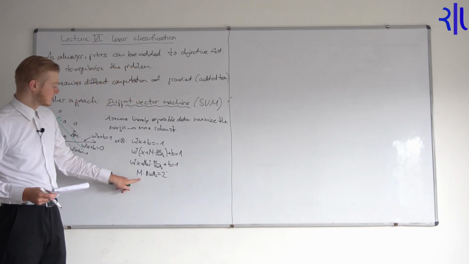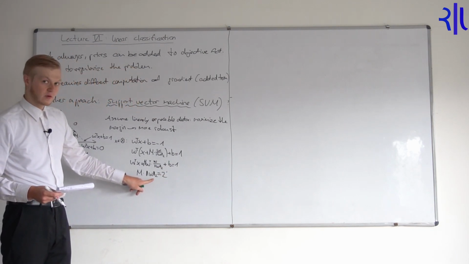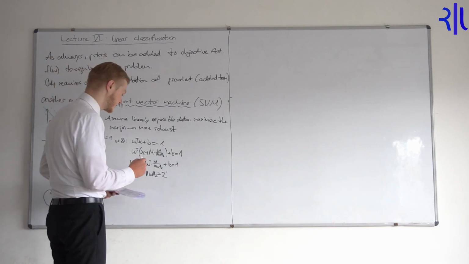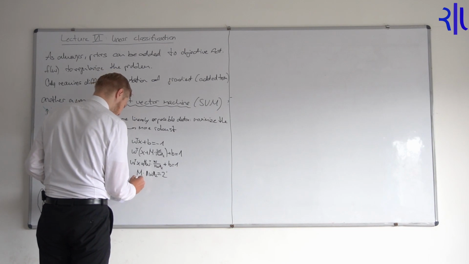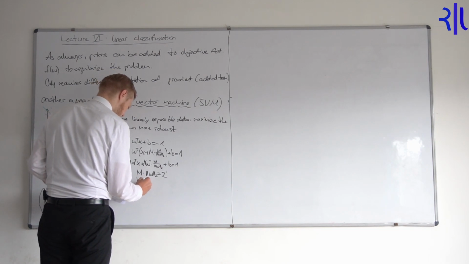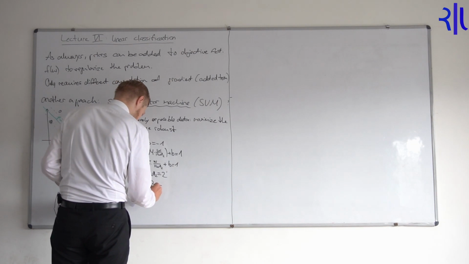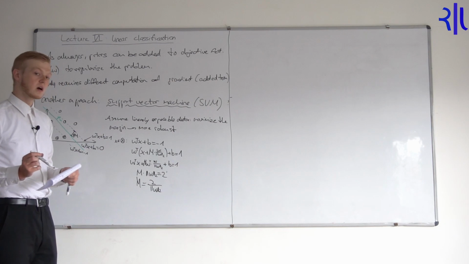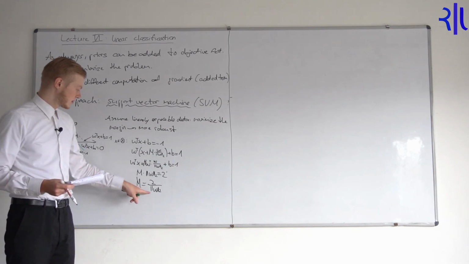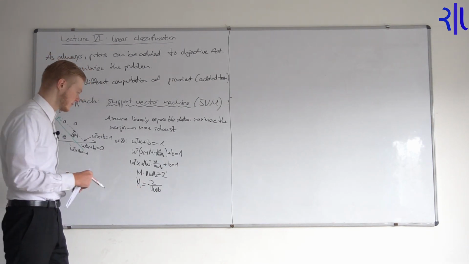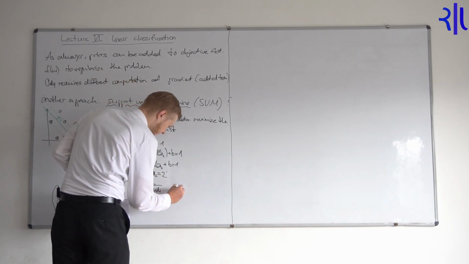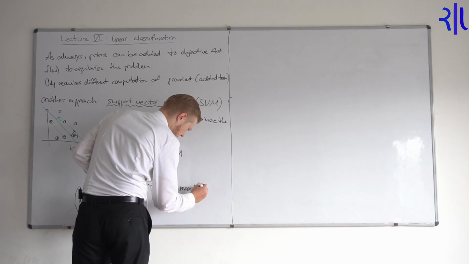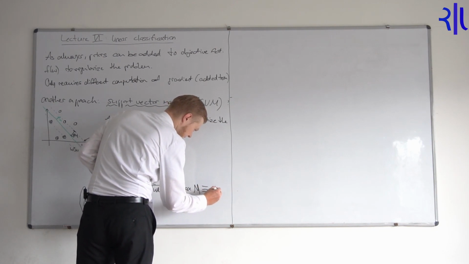And we get m times the length of omega is equal to 2. So if you want to maximize m, we would need to maximize this term, or equivalently, minimize